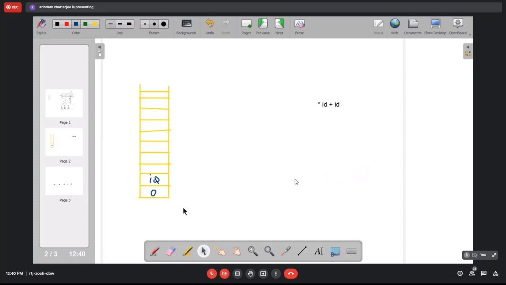Also, the shifting action has another part. Not only are you shifting the input symbol onto the stack, but you are moving to a different state, that is state 5. So what you will do is push that state number here.